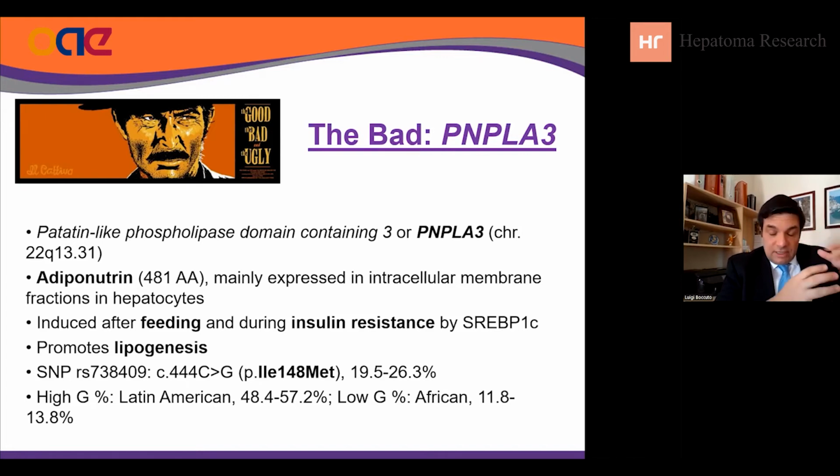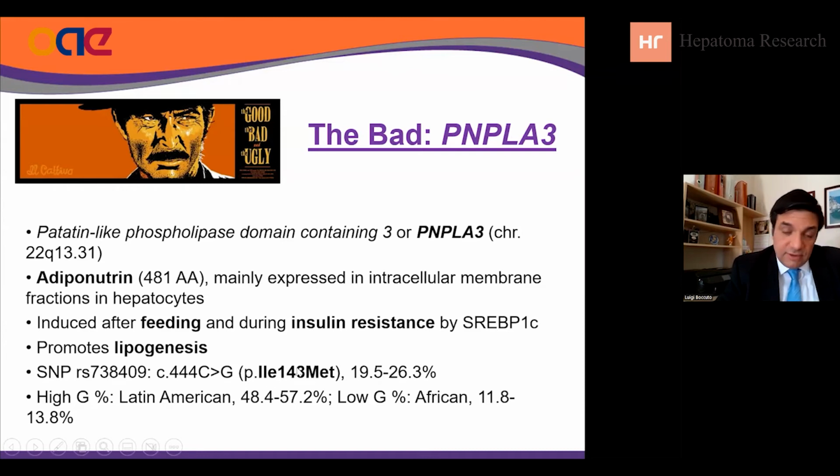So remember, again, if we look back at the pathogenic mechanisms that promote onset and especially progression of this disease, insulin resistance was a very important step. Lipogenesis, so disruption or dysregulation of lipid accumulation, is another important step. And the very interesting thing about this gene is that there is one variant, this